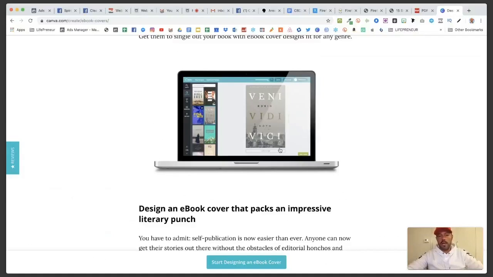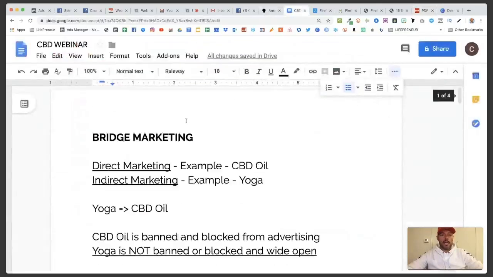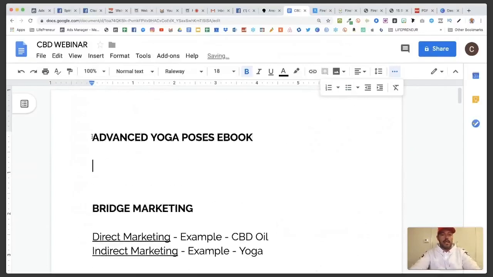And you can put together a little cover like that, and using the merge tool, just make that the first one. So when you go to this merge tool, the very first one is your cover, and then everything else is the 10 poses. And then even on the first page, you can go to Google Docs, and on your first page, just like this right here, I'm not going to really do this, I'm going to delete it, but you could say something like advanced yoga poses ebook, and then here you could say